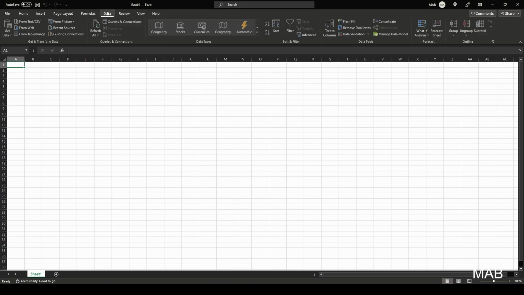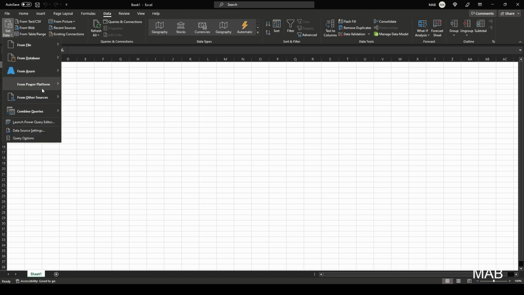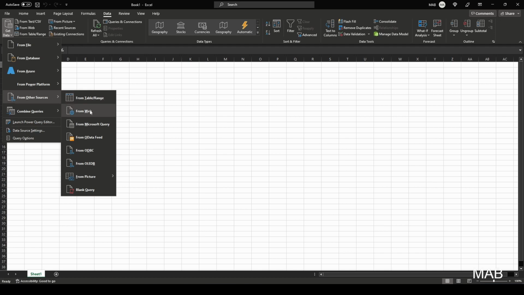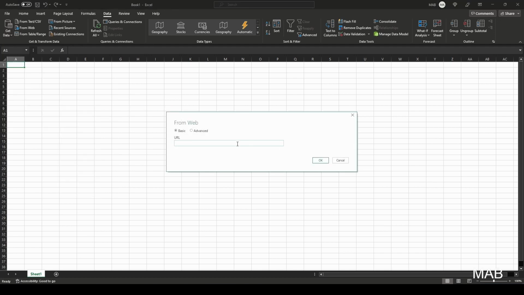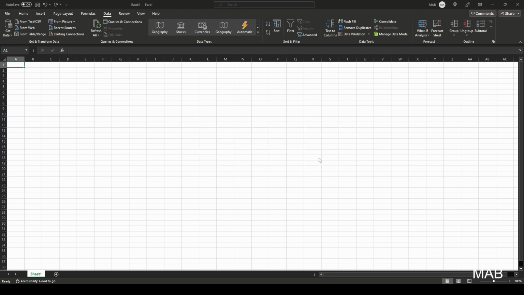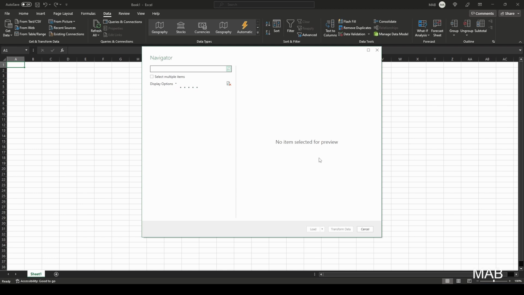In the Data tab, here we can find From Web. If you can't see this shortcut, you can go to Get Data, From Other Sources, and then From Web. We press on it. This window will pop up where we will paste the URL we copied. Then press OK. Now it will go through that link and look for all the tables that are available to